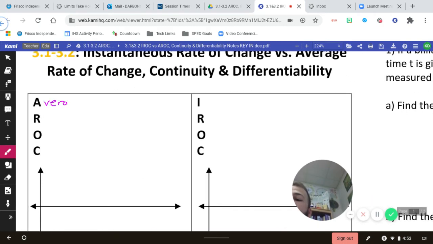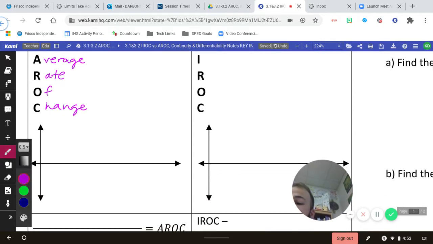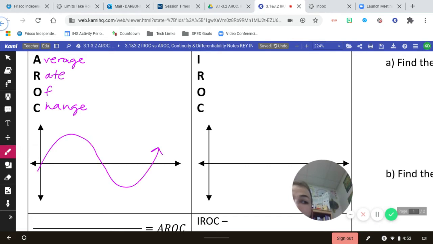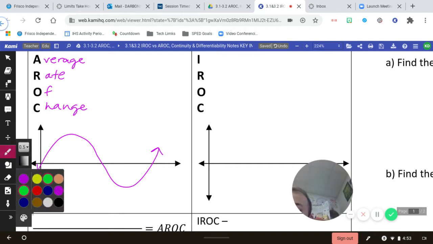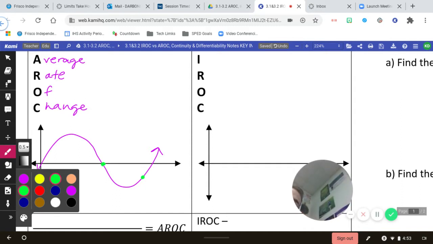So AROC stands for average rate of change. All right. And my AROC is if I had a nice little function. Look at that beautiful, nice little function. And I picked two different points. So let's say this point here and this point here. I could find the average rate of change